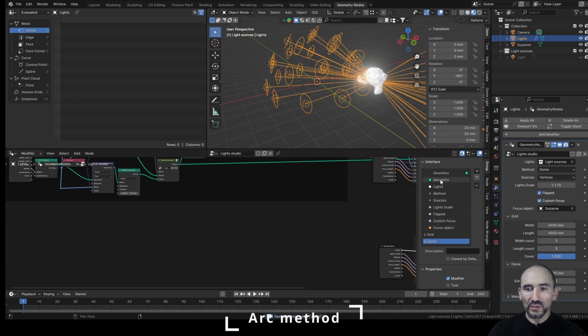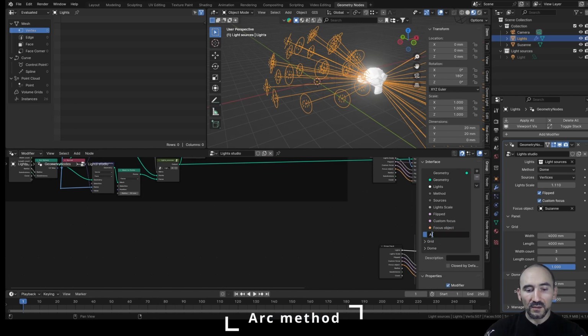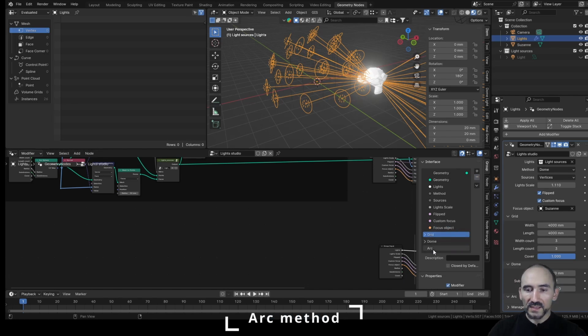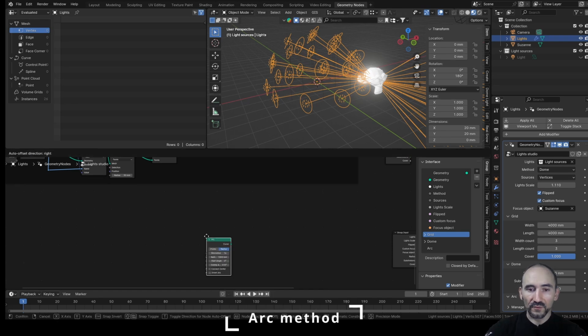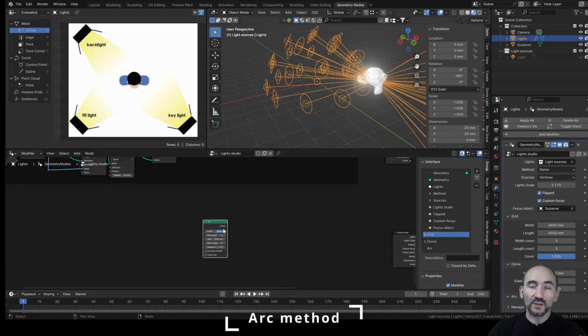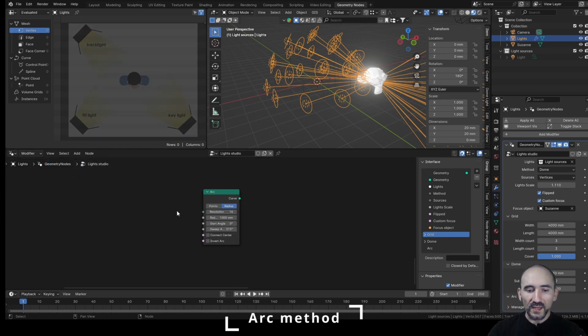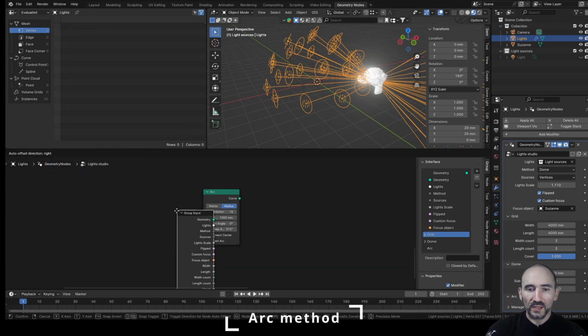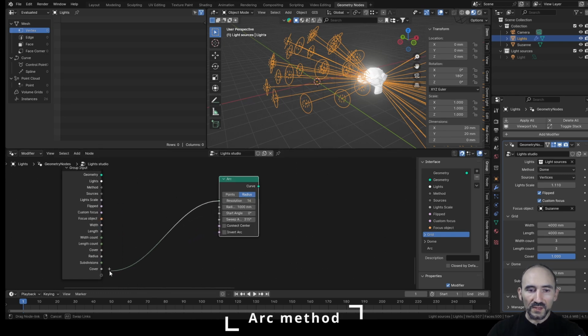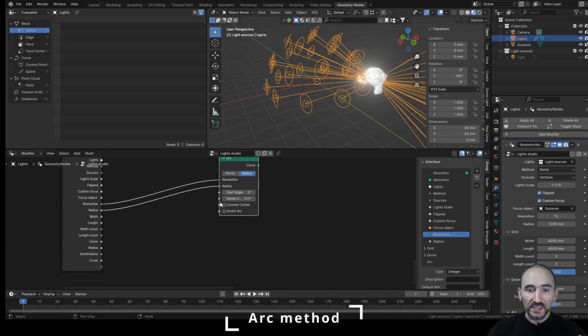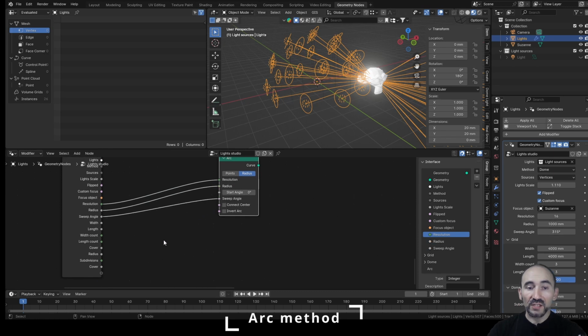So I'm going to use another plus panel like this, rename it Arc, and move these down under the dome. Now we can create an arc curve, and this is very useful when you want the classic three-lights studio environment. So we can add the group input node because we need to export what? The resolution, the radius, the sweep angle, because I will need to create a single piece of arc and not